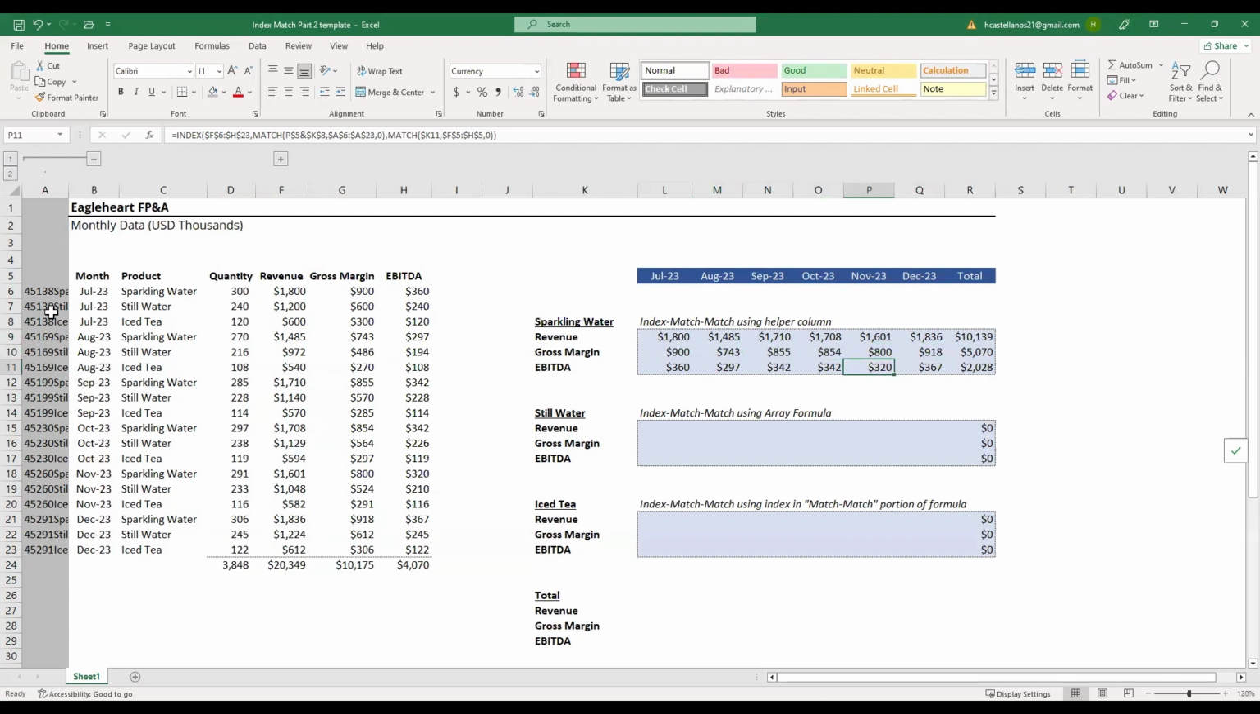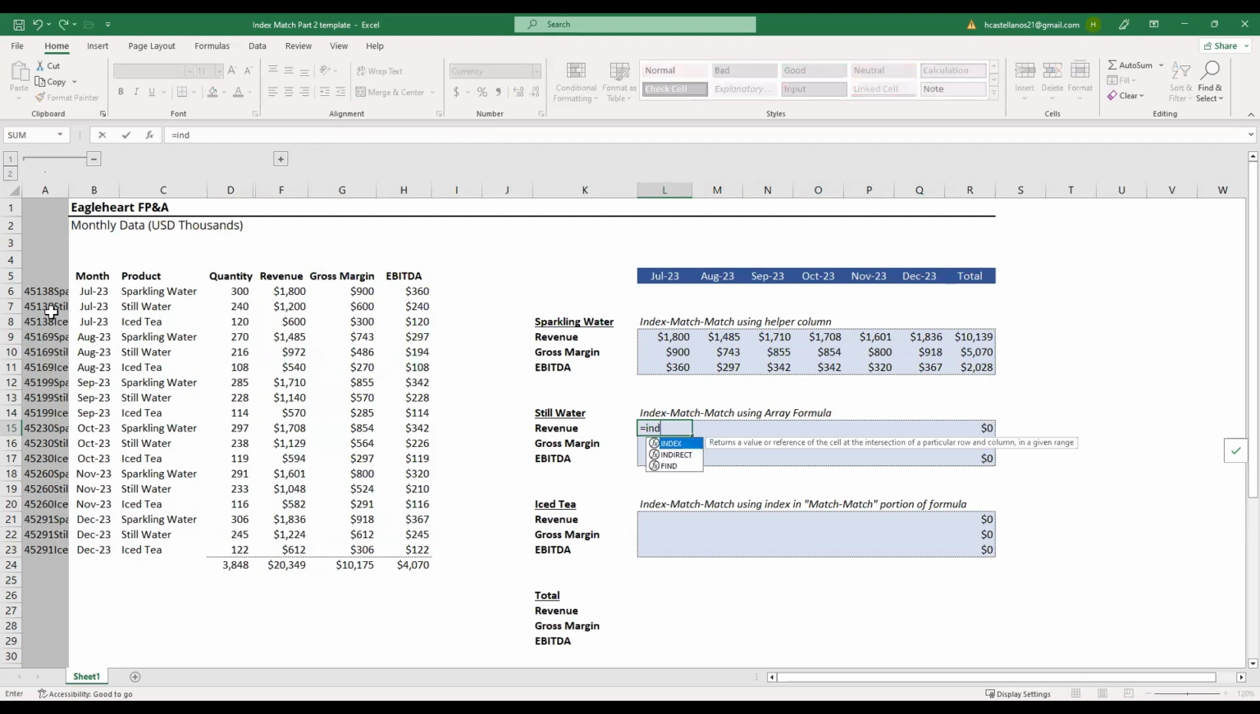So the next method we're going to use is index match match, but using what we call an array formula. So again, let's start with equals index. And we'll select our array again for revenue through EBITDA, cells F6 to H23, F4 to anchor, comma, match. And our lookup value, again, needs to start with the month, L5, hit F4 twice, and product type in K14. Hit F4, anchor, comma, and the lookup array will be